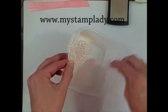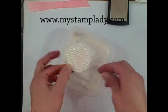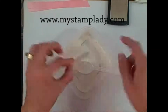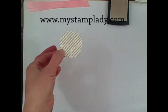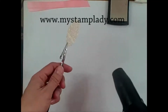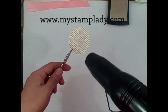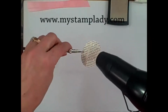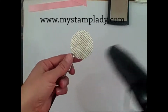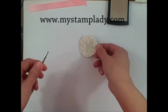So then now that I have the Versamark on there, I'm going to take clear embossing powder, and because I'm using clear powder, it will allow the designer paper, the first edition designer paper from behind, to show through. So next step is I've sprinkled it with my powder. Okay, and this will be loud for a moment while I emboss the shape. You do want to make sure that you do not over emboss, otherwise the powder will just sink back into